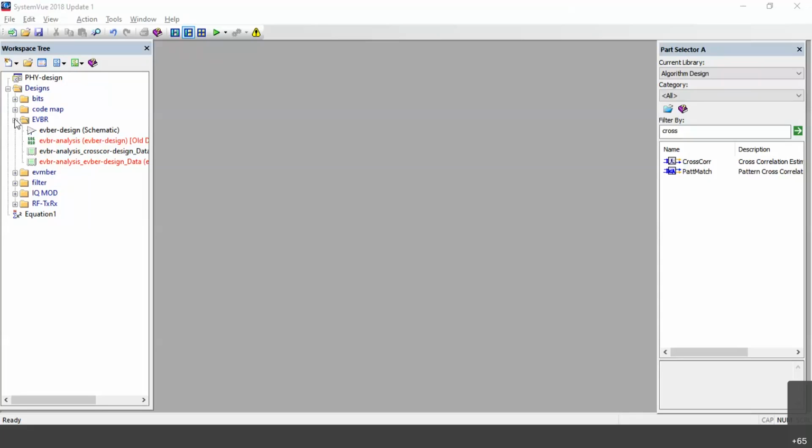Again, in this module, in this schematic, we'll see both error vector magnitude as well as bit error rate. What exactly is the bit error rate? Bit error rate represents how many bits are corrupted, how many bits are distorted by noise, interference or impairments.